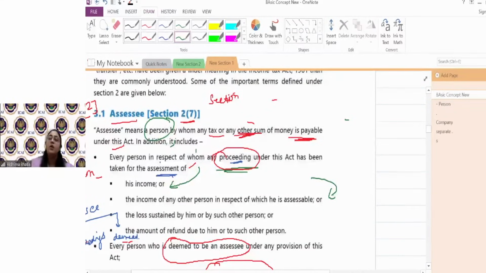So, अगर राम का कोई income is assessable in my income, then the assessment can be for the income of any person for whom I am assessable. कोई income also includes loss also. So not necessarily an assessment is going on for income. It can be for any loss also. It can be for any refund also, which is due to me or which I have claimed. Okay.